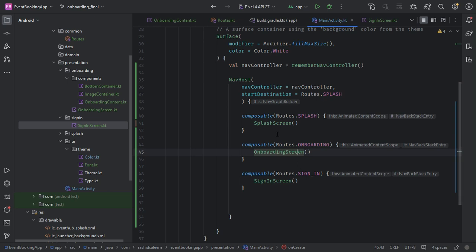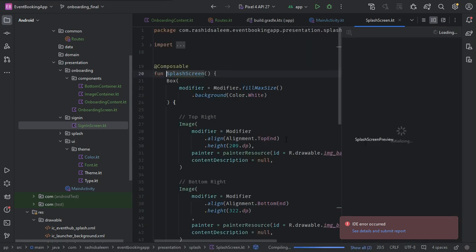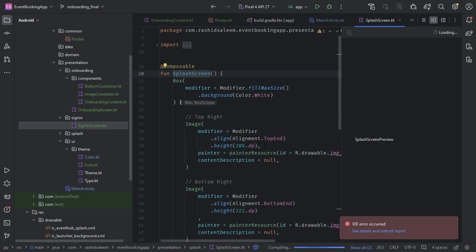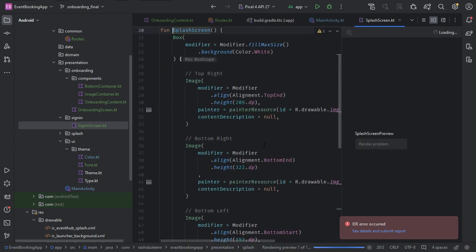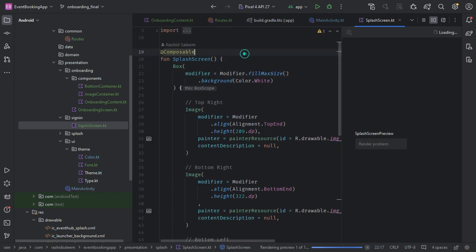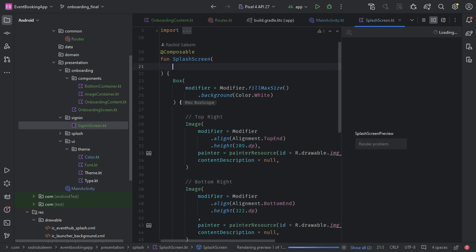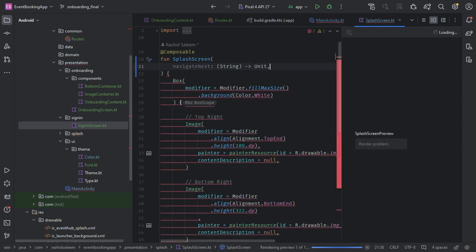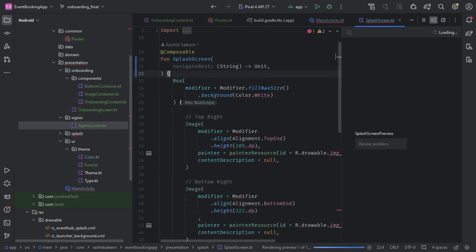screen. So here on splash screen we need to tell the navigation host that we want to navigate to the next screen. So for that we will create a lambda function here, navigate next, which takes string as parameter, and trigger this lambda